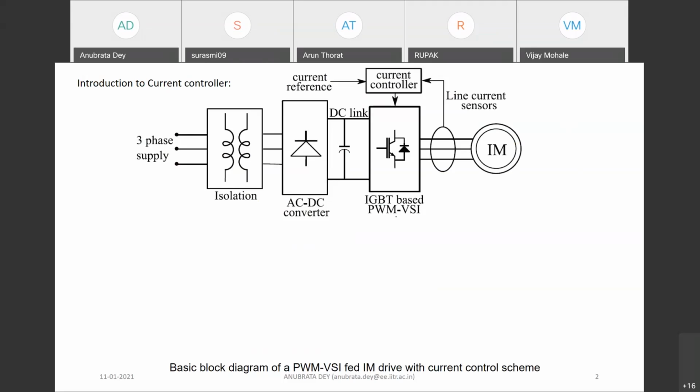Actually, you are feeding an IGBT based PWM voltage source inverter, and then you can control as per your wish. You can get any output at the terminals of the inverter when you have a DC link. Then you are completely decoupled from the three-phase power supply at the input side, and any noise coming in the three-phase power supply generally does not pass through this DC link, because you have a